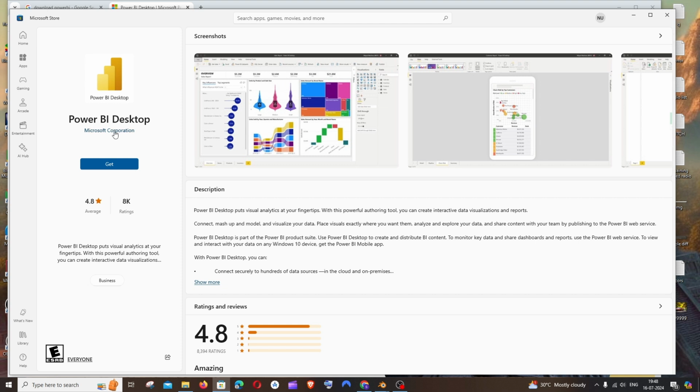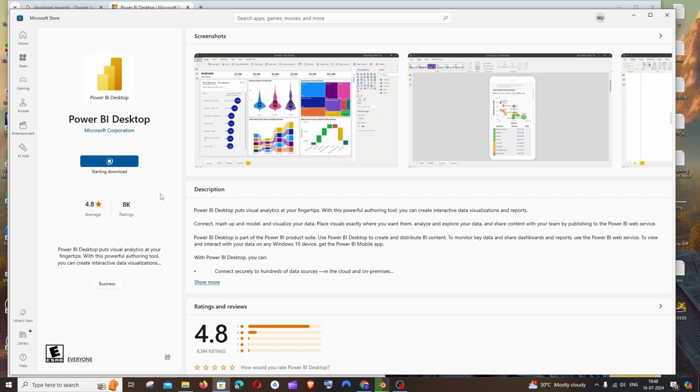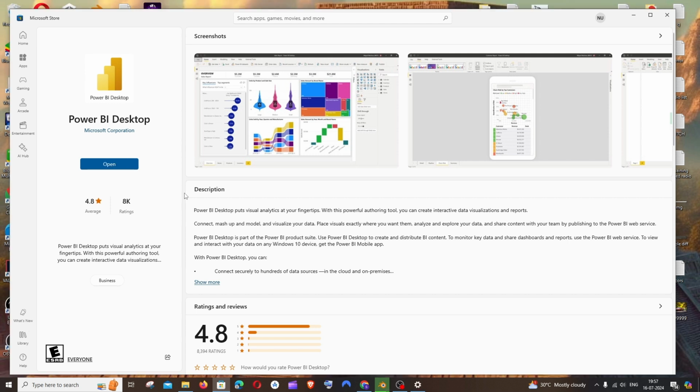BI desktop, and this is from Microsoft Corporation, so that's the official thing. We can see the stars and ratings. Just click on get and Power BI will be downloaded and installed, so just be patient till then. Once it is completely downloaded and installed, you'll be getting open over here. Just click on it